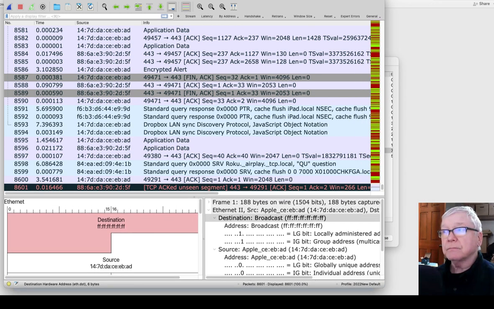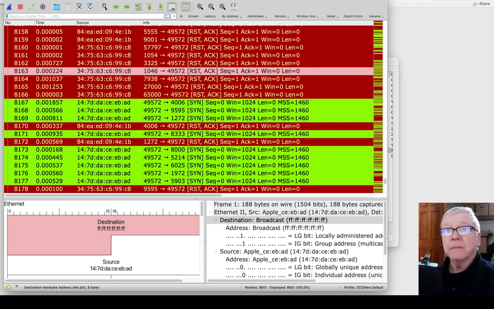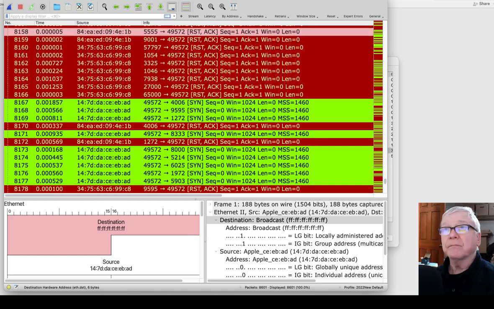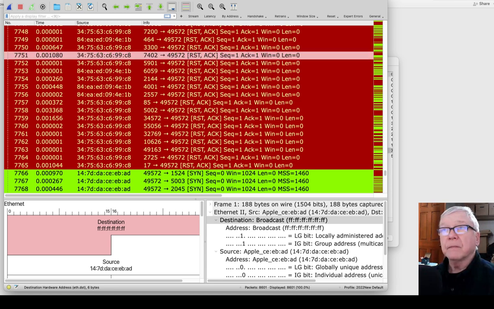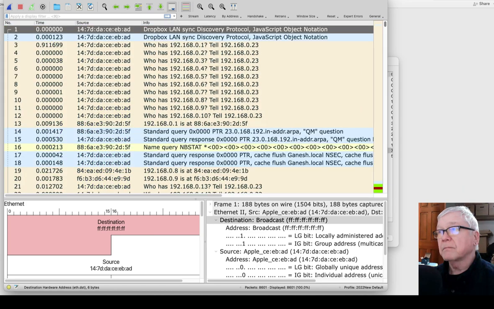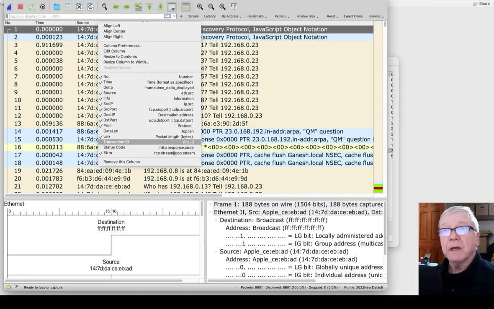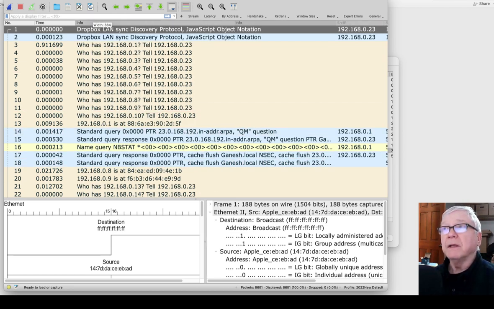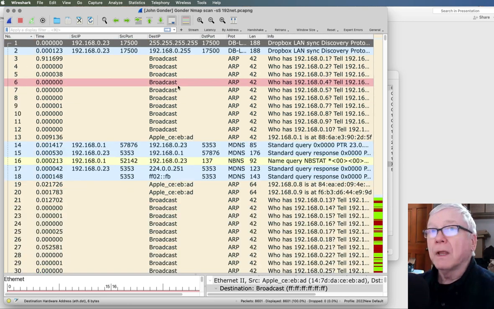And now let's take a little look and see what we can see. Well, there's a whole lot of red stuff here, isn't it? Where there were resets. I'm going to hide this, or actually remove that column, and I'm going to move this back over where it belongs. And let's start taking a look.